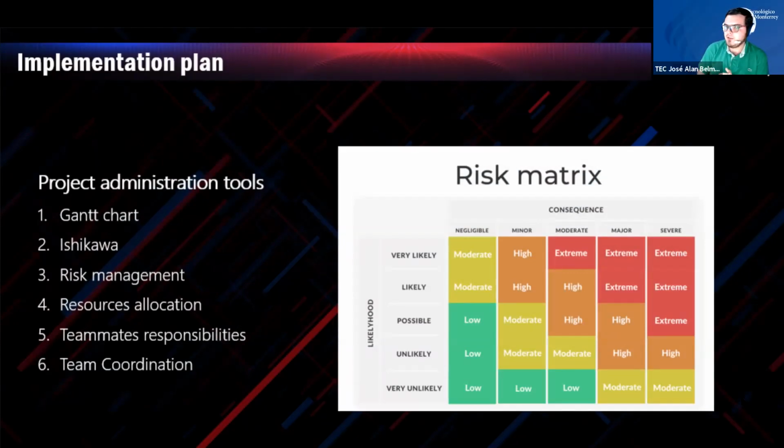The next step to follow once you have your needs and the resources clear is the implementation plan, which means developing a solution for the objectives that we established using the resources you know you have. For this, you can use a large number of tools for project management or project administration. Some of these tools are a Gantt chart, an Ishikawa, risk management, resource allocation, and teammates. In this part, you need to have clear the responsibilities of all the teammates and have good coordination between the team. Most of these tools we know from some time, or we can learn after, but the most important for us is risk management,